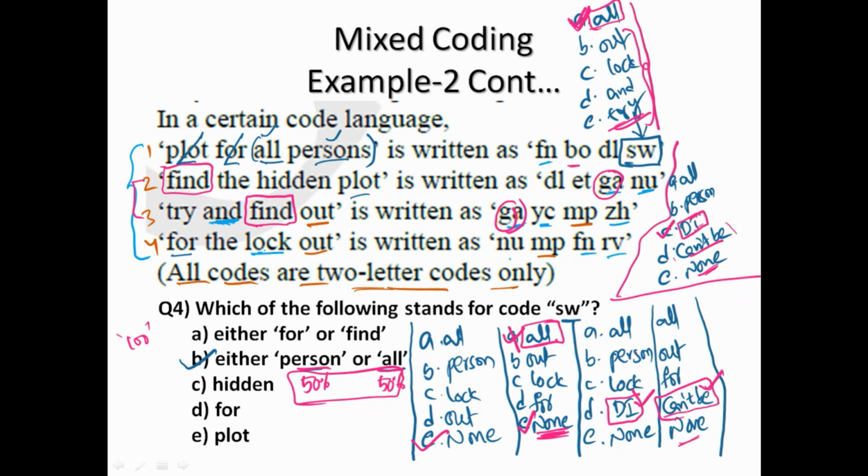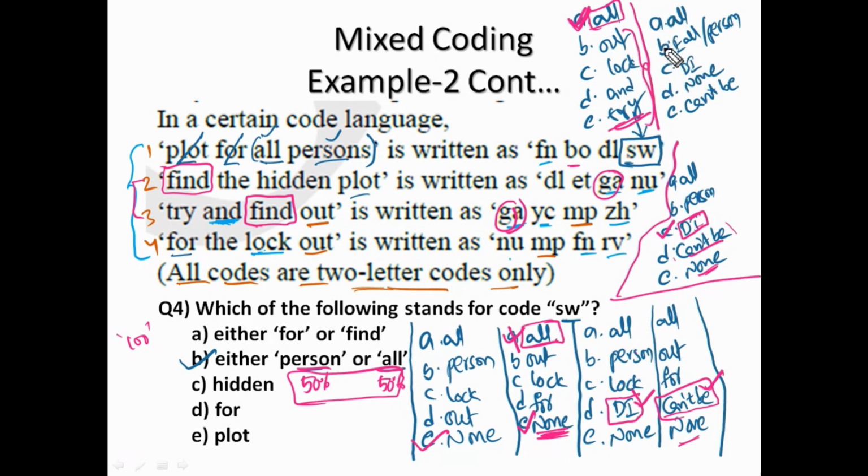After all the points, after all the types of options are taken, I'll give the order. Okay, see, one more type of options. Here, one option is either "all" or "persons." The next option is data inadequate, the next is none of these, and the next option is can't be determined. Okay, listen carefully.